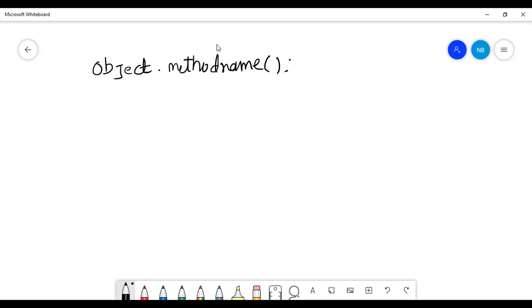Now here in JavaScript, only objects will be accessed. Okay, only objects will be there. And we also said in the previous classes that JavaScript is an object-oriented language, or we can say that it is not totally object-oriented, it is an object-based language.